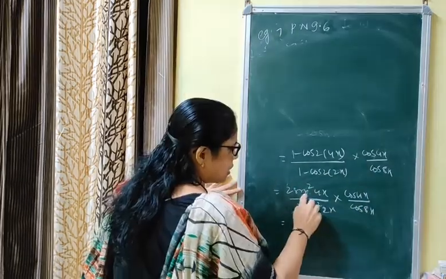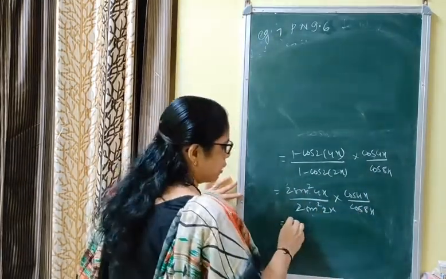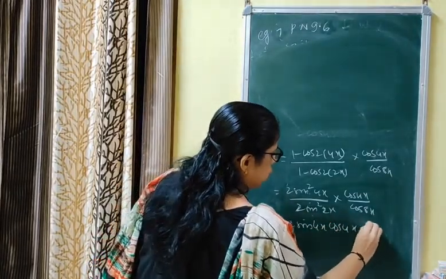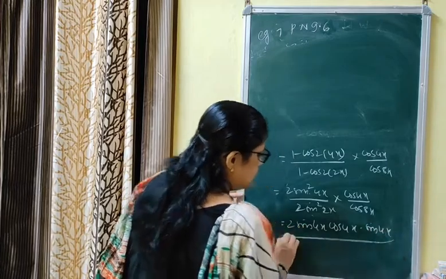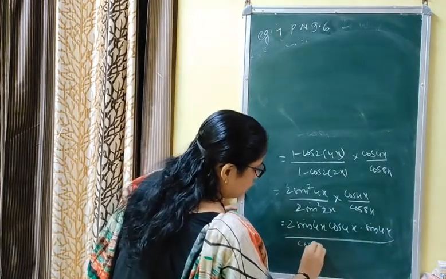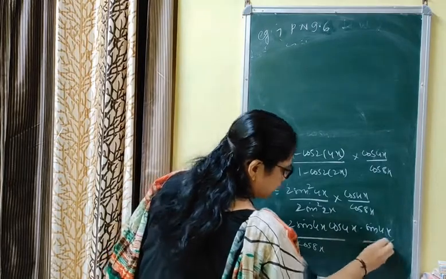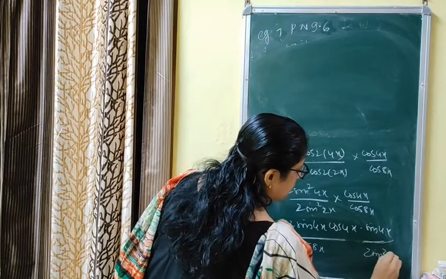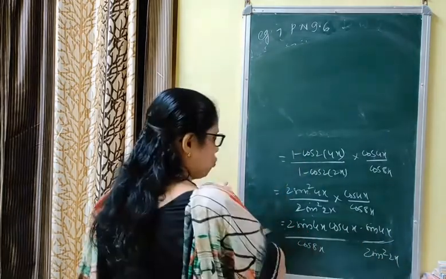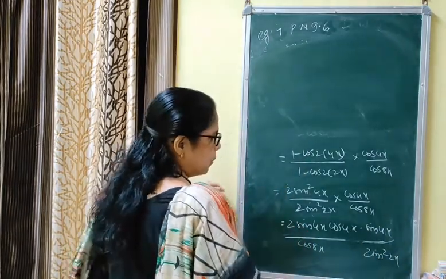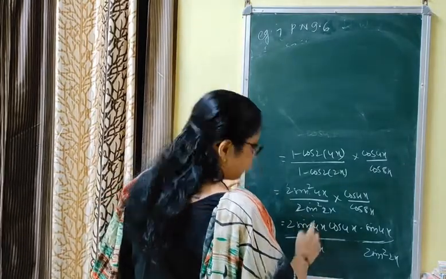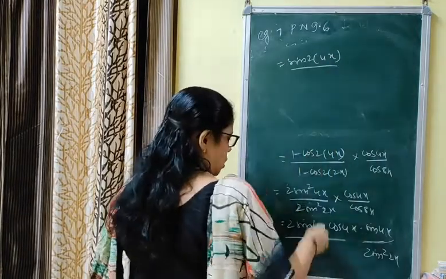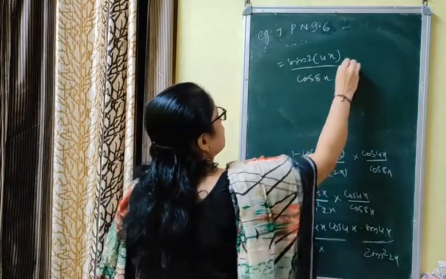Now you can take one sin 4x and cos 4x together to apply sin 2 theta, that is 2 sin 4x cos 4x, with sin 4x remaining in the denominator, and cos 8x in the denominator. The next term we can split separately. Next term is 2 sin square 2x. Do it carefully, because what we are to bring should be in your mind. 2 sin 4x cos 4x is sin 2 theta, that is sin 2 into 4x upon cos 8x. This is the first term.